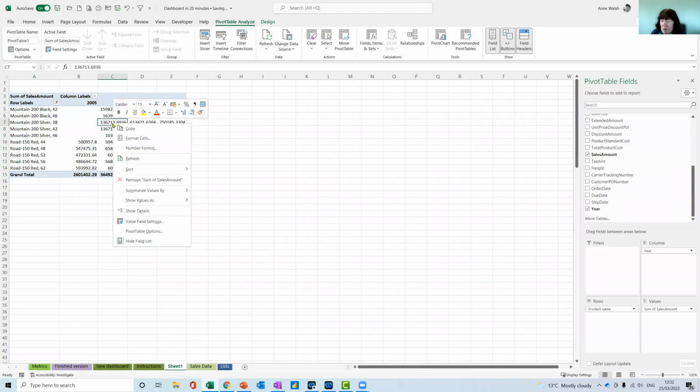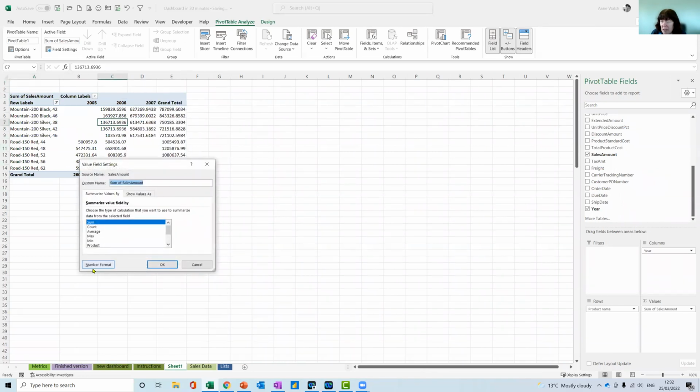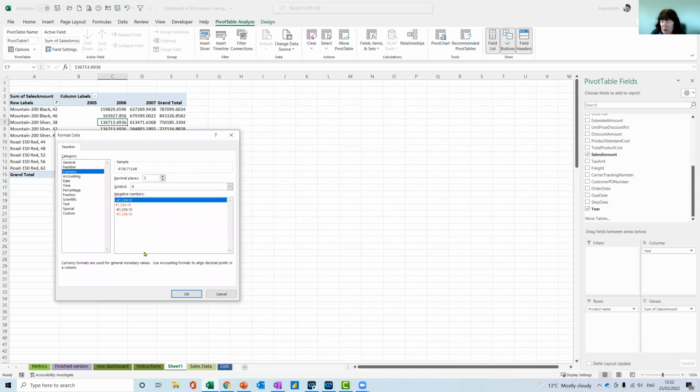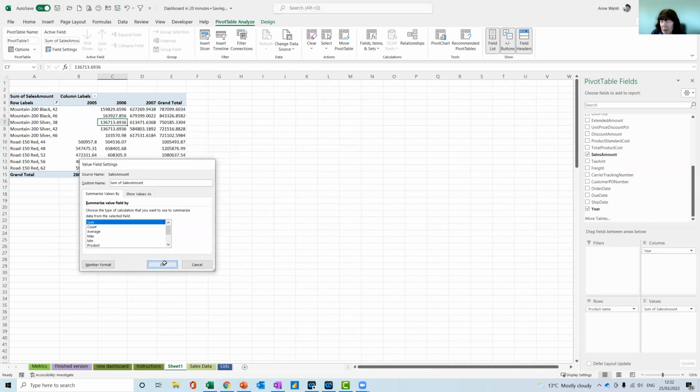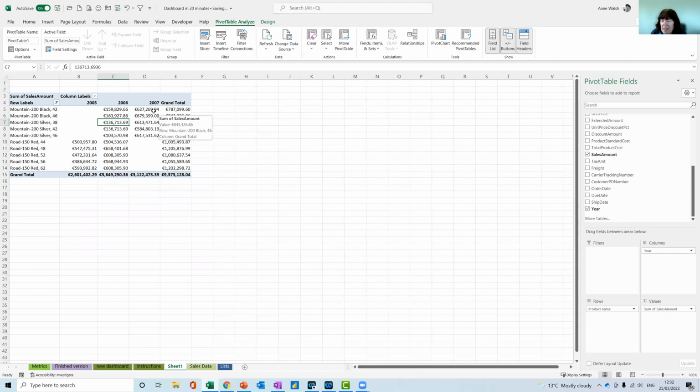The second thing I'm going to do is format this for a currency, and I'm going to use euros. Okay. Now, once I've got this done, I'm going to give this a name, and I'm going to click up here, in my pivot table analyze, and call it top 10 products. You'll see in a minute why this is useful. When I've got this done,